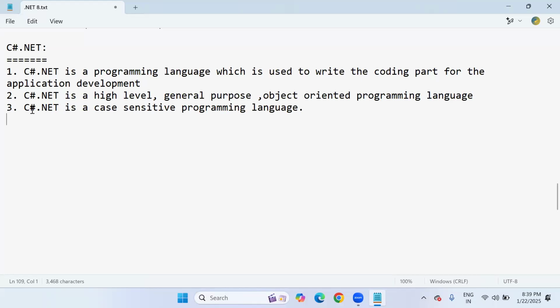But look at this. I want to give some small information about C#. Previously, before C#.NET, there was the C language, the C++ language, and even Java, because these were already there before 2000, in the 1990s. So C++, Java. As I said, Microsoft released the first version of .NET, with the programming language C#.NET, in the year 2002. At that time, Microsoft thought that the languages C, C++ were already there, so now we are coming with a new language. What name should we give the language? In that thought process,